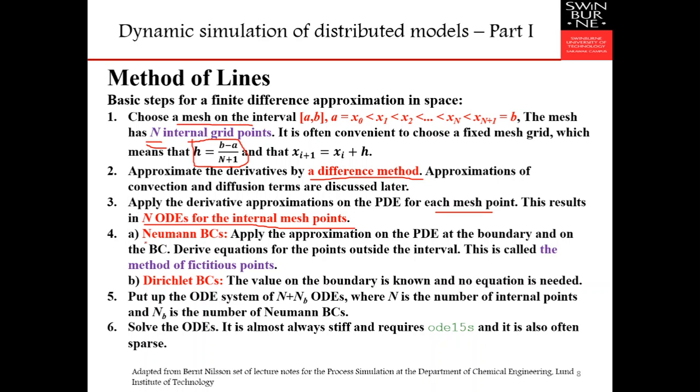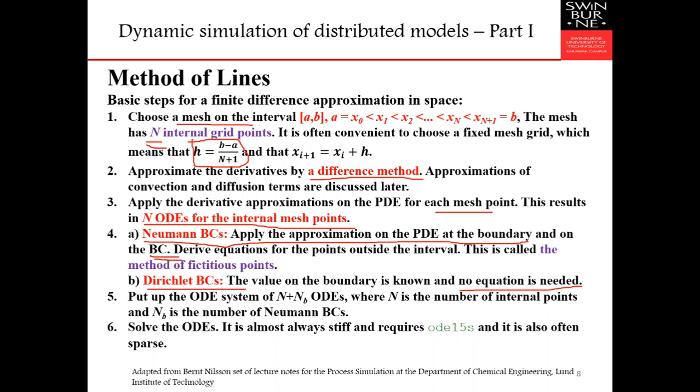We can then solve the PDE by applying the approximations of the PDE at the boundary if we have the von Neumann boundary conditions, where the value of the derivative is given on the boundary, and then we have additional equations for this BC. Basically, if we have a Dirichlet BC, we will have a more straightforward solution, because then the value of the dependent variables on the boundary is known, so that we don't need extra equations.